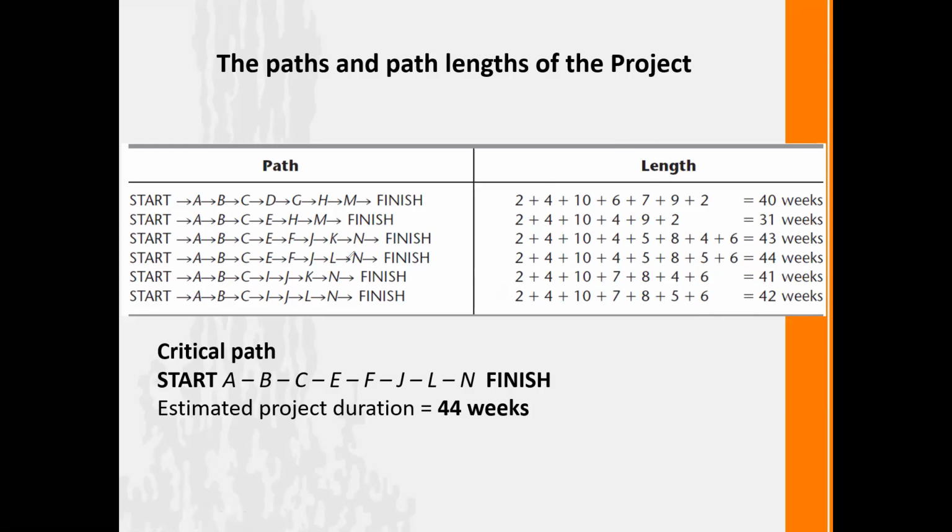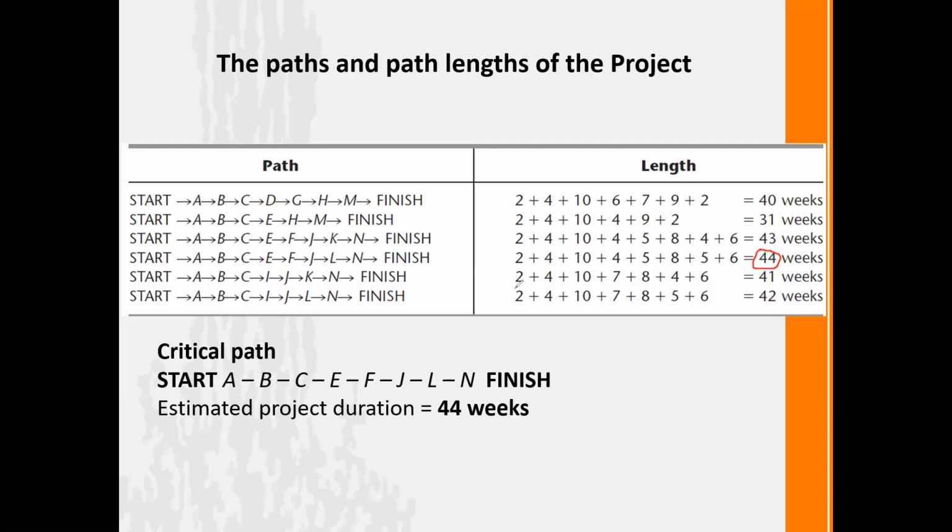Or else you can calculate the shortest and backward path and forward path and find out the longest path. Whatever method you use, this is the simplest method. Based on that, you can identify 44 is the longest path. That means it's the maximum time duration we have to complete the project because it is more than the other paths.